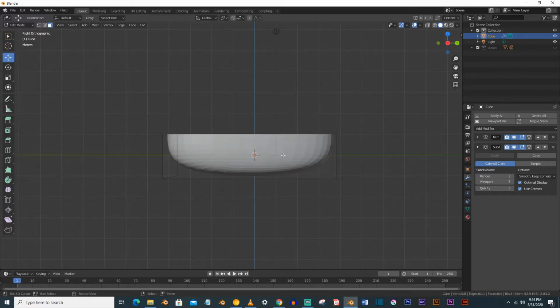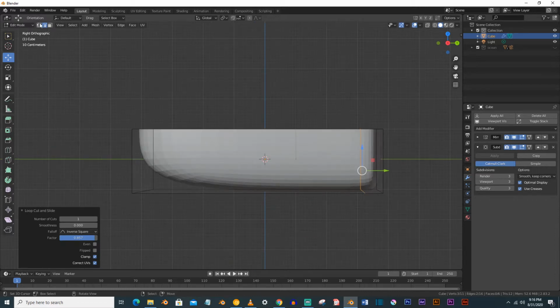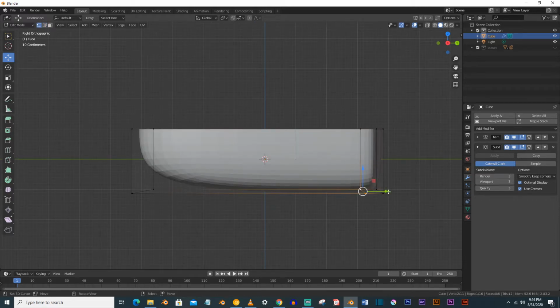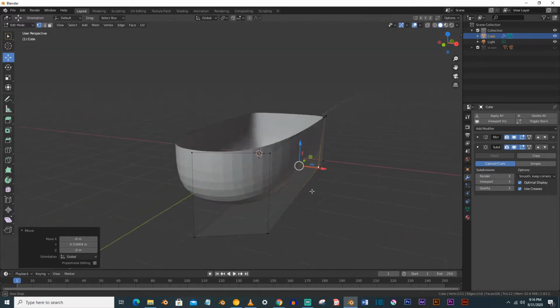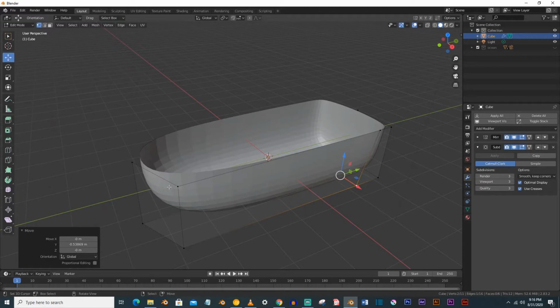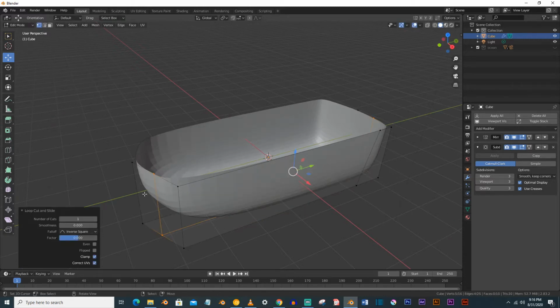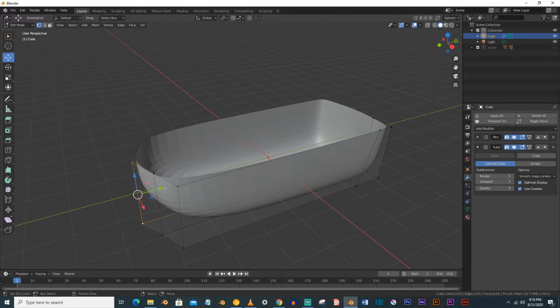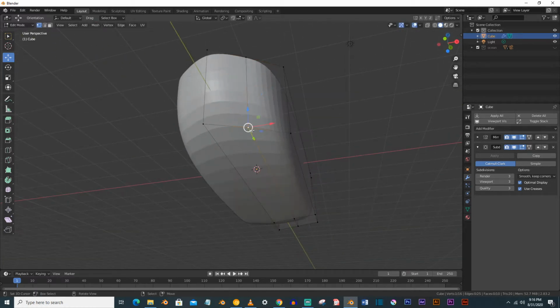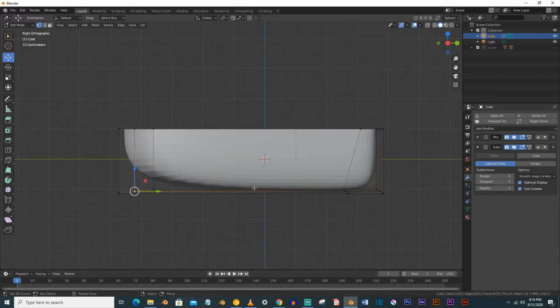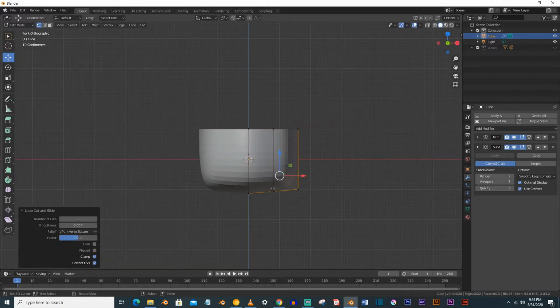Now go to the edit menu, Control R and make an edge loop here, select vertices and just move it like this. Also, you can do this and make it like this, and an edge loop here also in the middle.